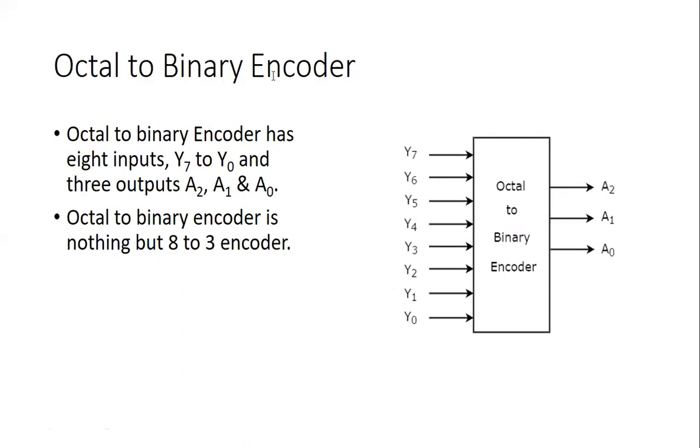To represent the inputs, a binary encoder has 2 to the power of n inputs and n outputs. So 2 to the power of n is the input and n is the output. Now if I have 8 inputs in an octal device, how many outputs are required? We require only 3 outputs. This is the minimum combination. So the 8 to 3 encoder, which you can take up as an assignment, is nothing but an octal to binary encoder.